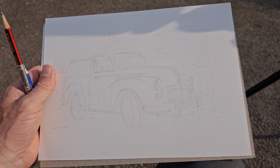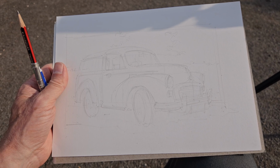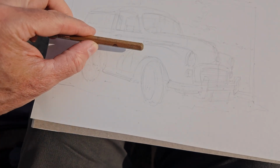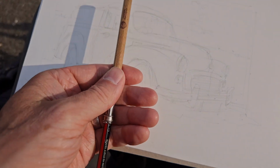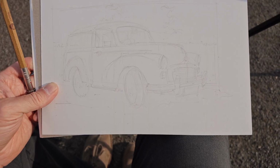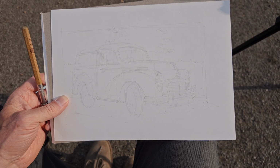So I've just done a light sketch, trying to get the basic proportions down. I did a bit of measuring with my pencil. What I did is measure this distance here between the headlights and then continue 2 3/4 further back. Measured the height compared to the width and that kind of thing. I was trying to not slavishly copy the proportions. I wanted to try and capture just a bit of the caricature of it as well, but I don't know